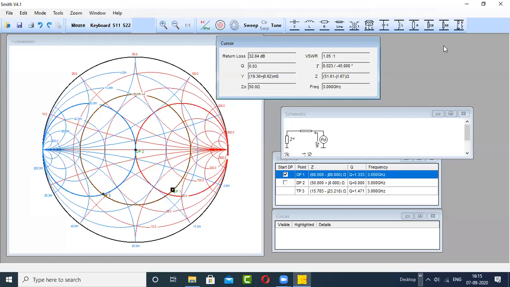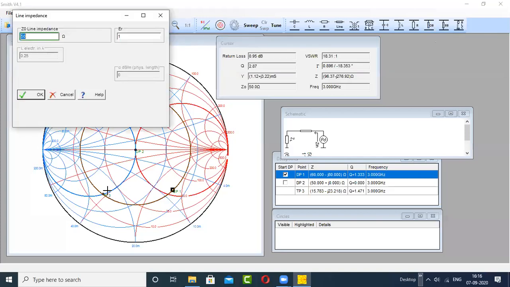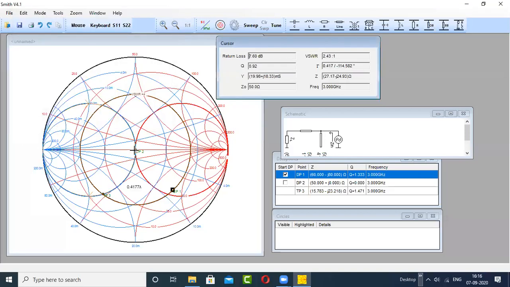So this time we are going to take the help of an open circuited stub. I will choose this OS, that is open stub, and let the characteristic impedance of the open circuited line be 50 ohm. Okay, so I will click at the center of the Smith chart.